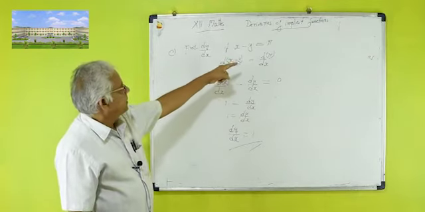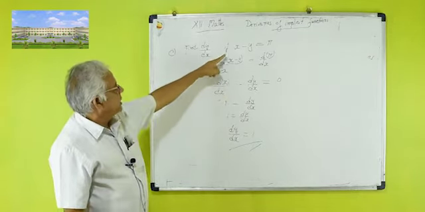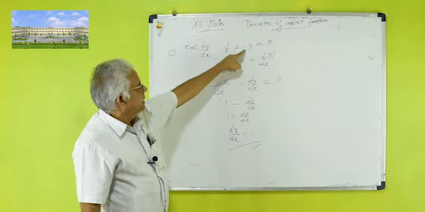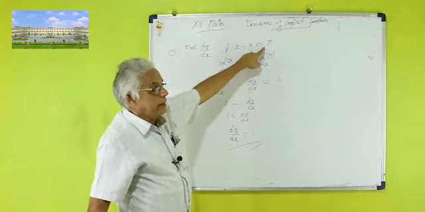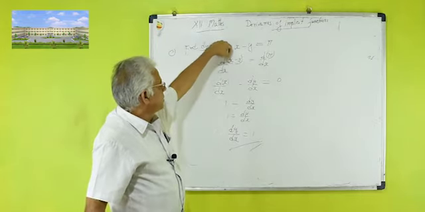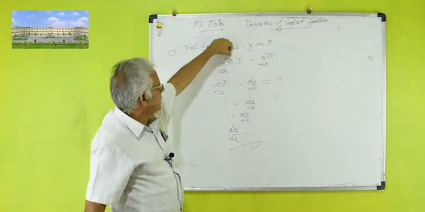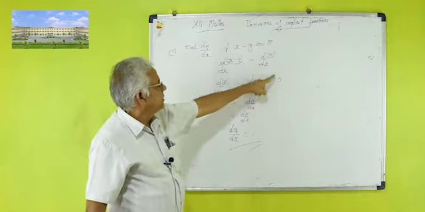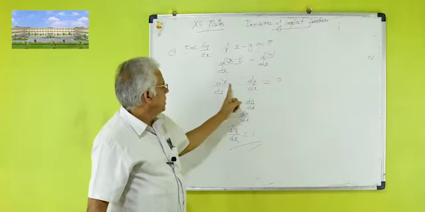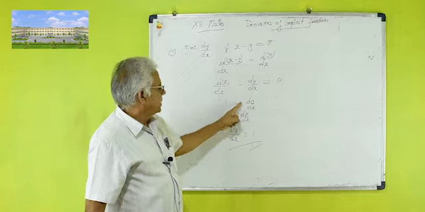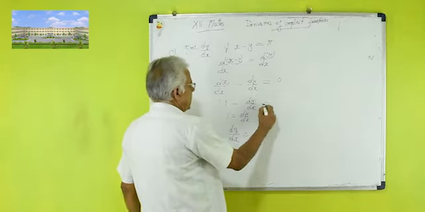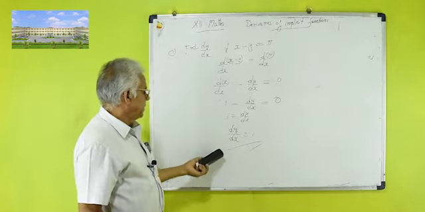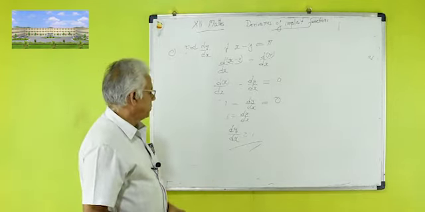x minus y is equal to pi. Differentiate both sides with respect to x. Then dy by dx of left hand side is equal to dy by dx of right hand side. Sum or difference rule: dy by dx of the first term minus dy by dx of y is equal to the derivative of pi, which is 0. Derivative of x is 1, minus dy by dx is equal to 0. Then 1 is equal to dy by dx, so dy by dx is equal to 1.